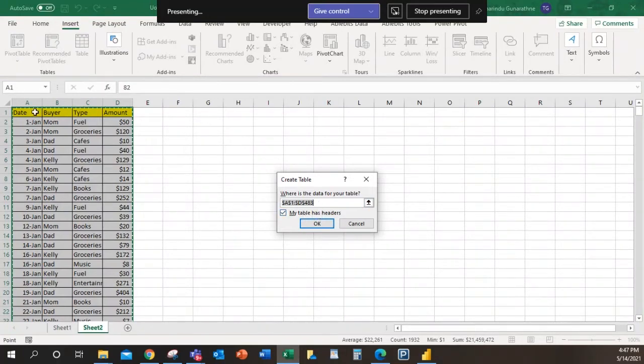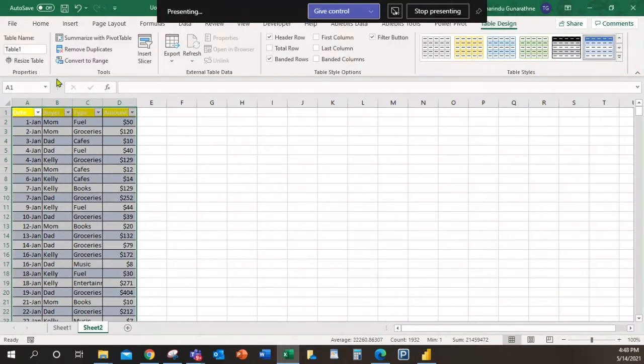Then it will create some headers like A, B, C. Likewise, it will create headers for you. Okay, now I am pressing OK. Here you can name a table. You can name this table. So let me name this table as UOK PBI1.